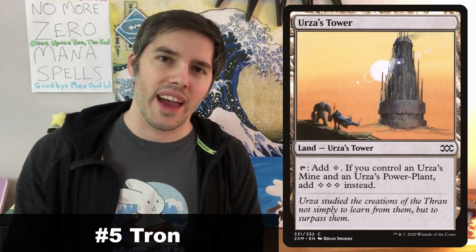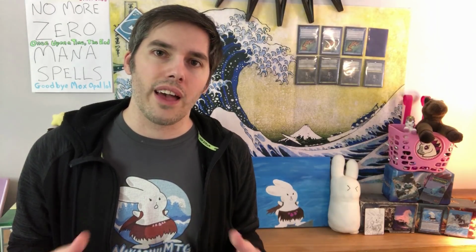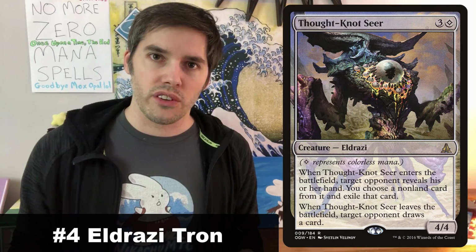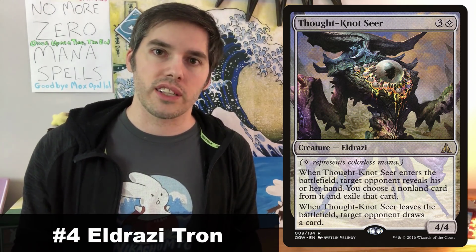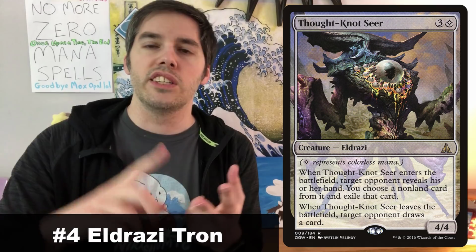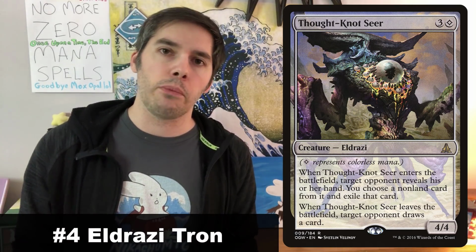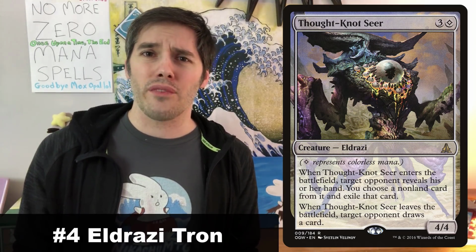So I'm putting Tron at number 5 in the metagame. Number 4, Eldrazi Tron. Now, I don't know what took so damn long for this deck to come back. Maybe people lost confidence in this archetype many months ago, maybe half a year ago. But when you see things like Prowess, Death Shadow and Burn just taking over the metagame, taking up all the top slots, you're playing against it like 3 to 4 out of 5 times in